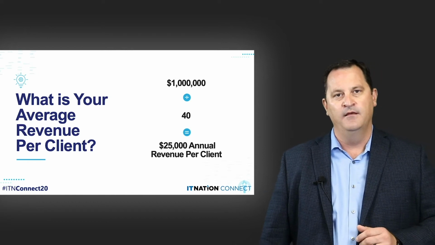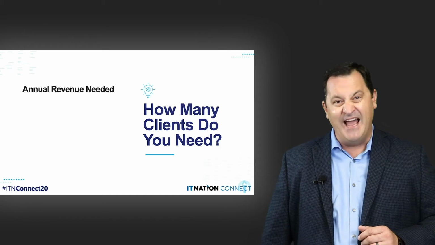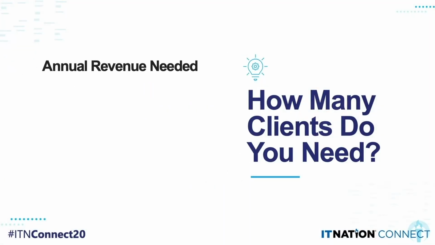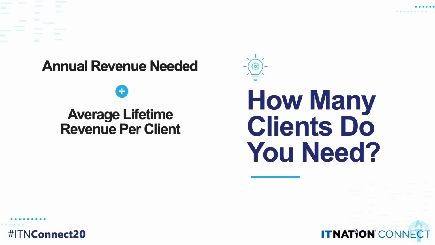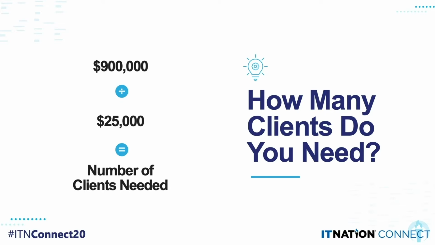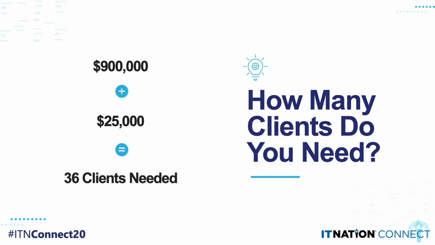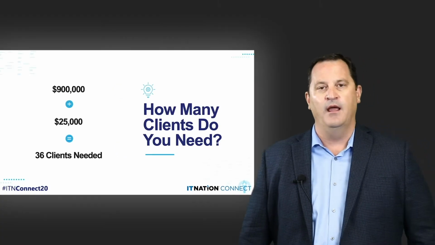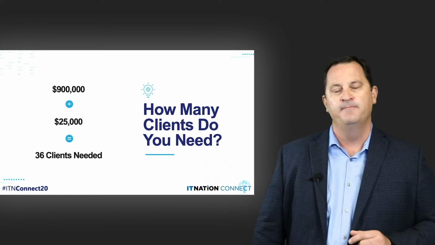Now, again, I want you to do that for yourself. With that, you're going to figure out how many clients you need to achieve your goal. You're going to take that annual revenue that you needed per year, the $900,000 that we talked about, and divide that by your average annual revenue per client to get the number of customers you need. So do this for yourself right now. The annual revenue that you need is $900,000 in the example we were working from, but again, yours is going to be different. You divide that by your average annual revenue per client. In this example, it's $25,000, which means I need 36 clients per year addition. So what's your number? How many clients do you need to achieve your dream?